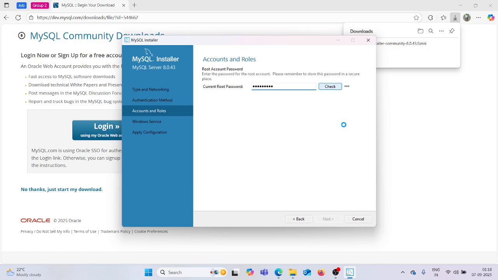So give a strong password. You will have to remember that password. It is showing a green tick, check. Once it is checked, just go for next.